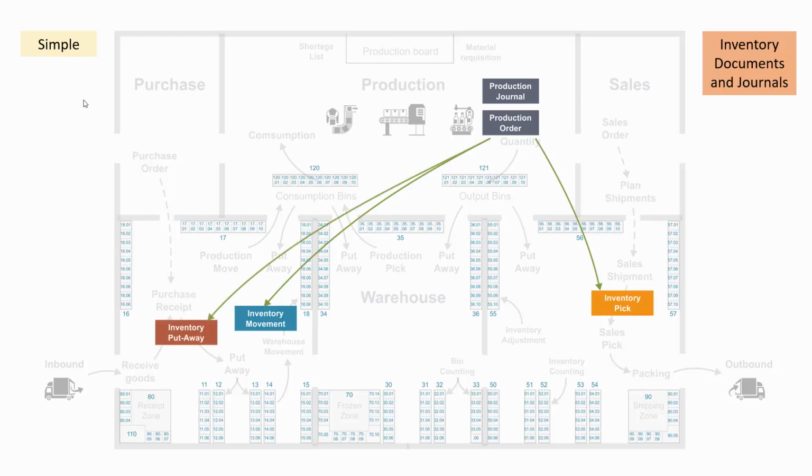When you want to output, you create an inventory put away from the production order. And from the put away, you can create a document that puts the items back into the warehouse. And when you post the inventory put away, it will also post output on the production order if you didn't already do that. So it's also possible to post output directly on the production order or through the inventory put away.